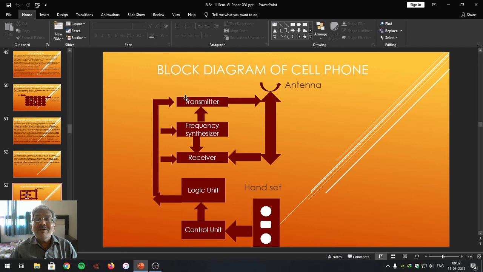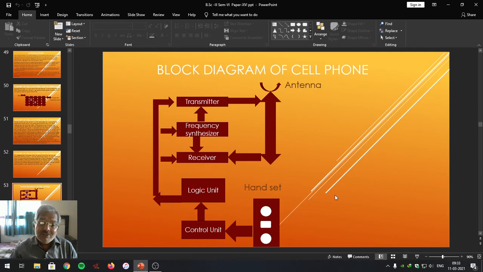Transmitter does the job of transmitting the signal via duplexer connected to the antenna. A receiver is going to do the job of receiving the signal from the antenna, and frequency synthesizer, which is connected to almost all the blocks, that is to transmitter as well as receiver, provides carrier frequency for modulation purpose and local oscillator frequency for the demodulation purpose. Thus,